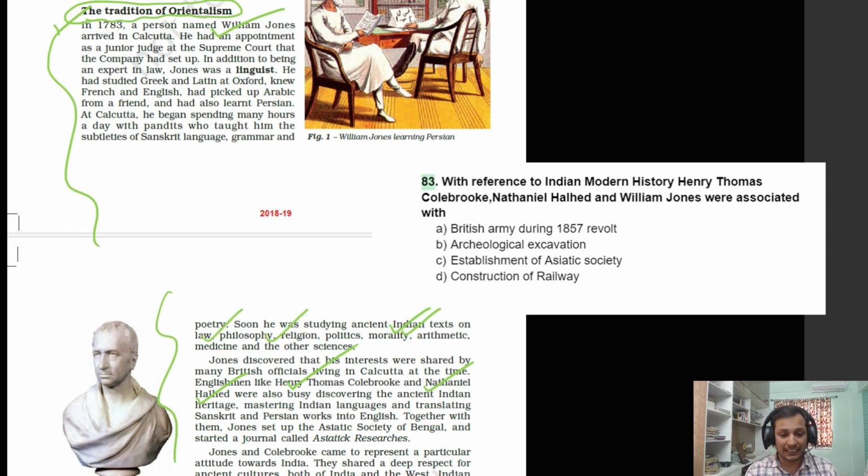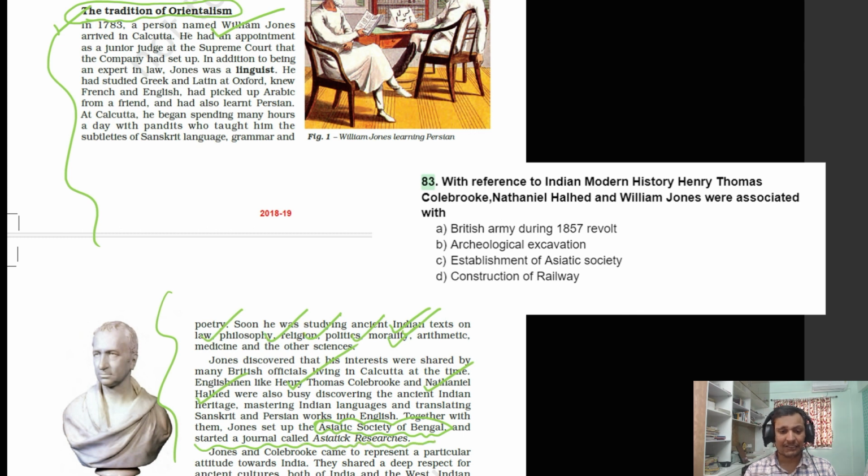On law, philosophy, religion, politics, morality, etc. So they were interested in studying Indian history. They studied Sanskrit and tried to read Indian texts, and they formed a society called the Asiatic Society of Bengal. William Jones formed the Asiatic Society of Bengal and started a journal also called